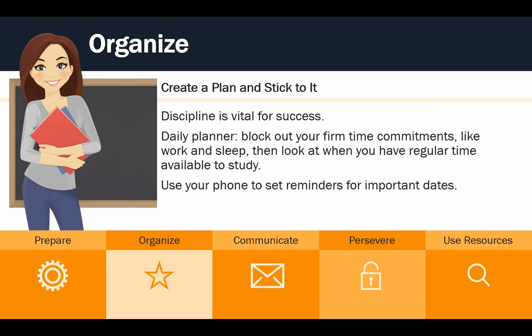Let's say that you're responsible for getting your kids up and fed, but your partner's the one that takes them to school, right? So you know that you've got to get up at 6 o'clock, and from 6 to 7:30 you are busy making lunch, making their breakfast, getting them out of bed and all that, right? That's a commitment that you really can't get out of most of the time. So block that off. And what you're going to find is that you probably have a lot more downtime than you expected. And you can see where are the times every day that it would make sense that I could